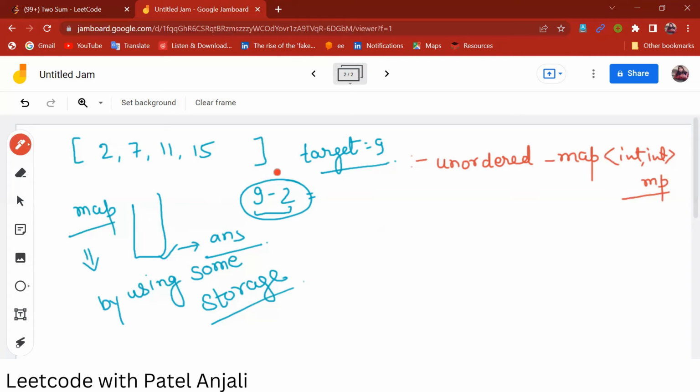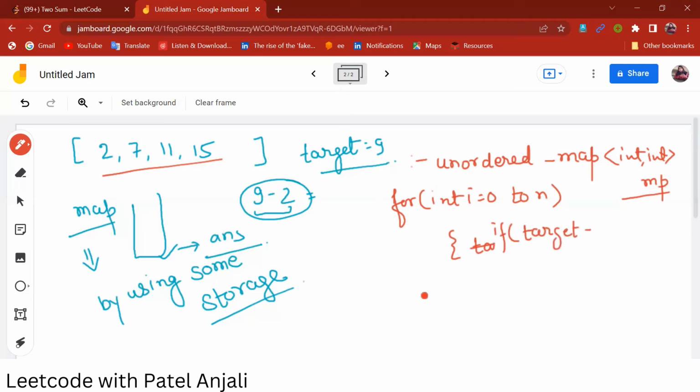So how will we do it? For int i equal to 0, we will go up to n, the size of this array, and then we will check if target minus nums i